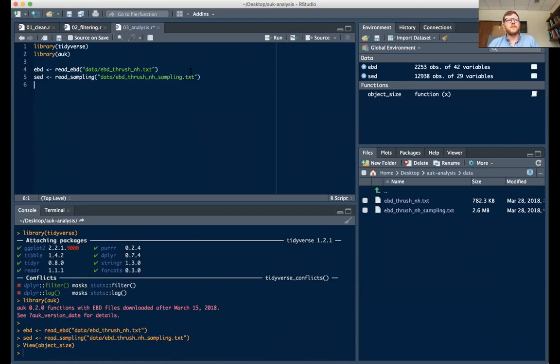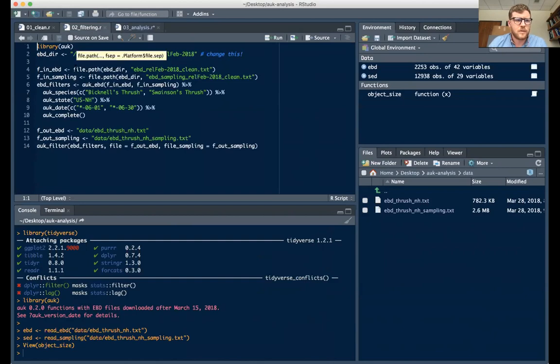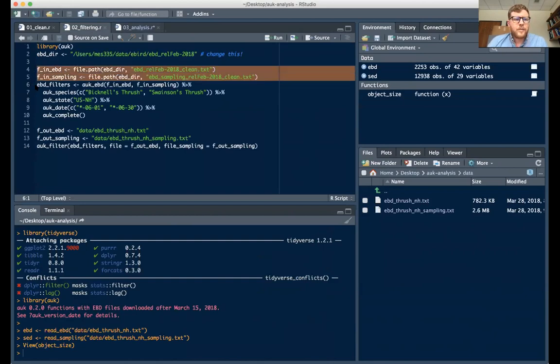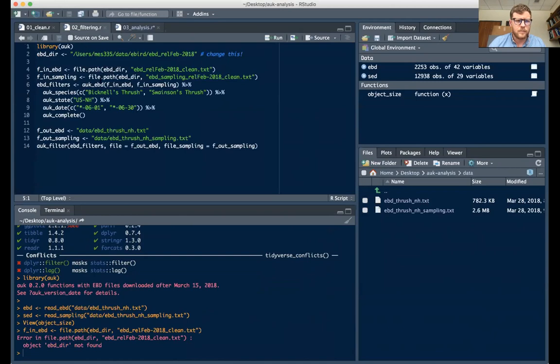And this is kind of why, if you remember, if we go back to this filtering script, it is possible, in this awk_ebd call, I can choose to just give it the EBD file, not the sampling file, and then you can just filter the EBD file alone. But the reason it's important, in many cases, to give it both the EBD and the sampling file, as I've done here, is it ensures that exactly the same set of filters have been applied to the two files,